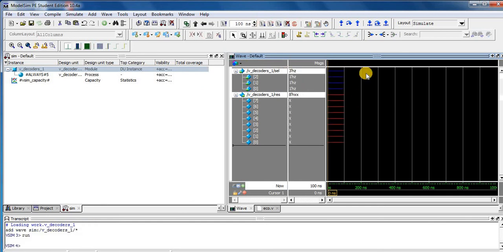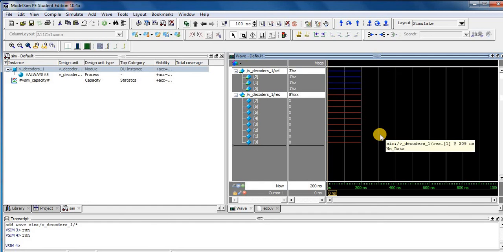So you can see there are 3 inputs and 8 outputs. Press run again. You can see when I press the run button, every time 100 nanoseconds of signal is drawn in the wave window.